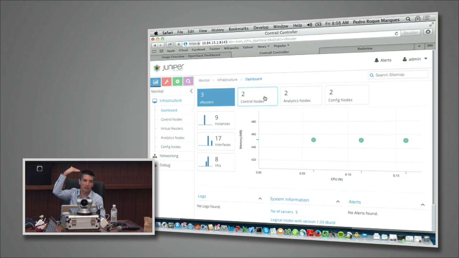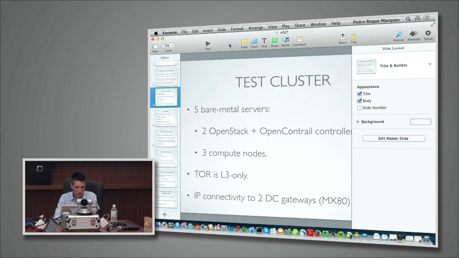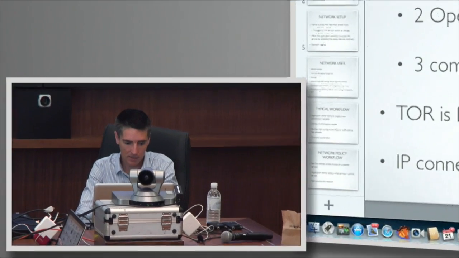Inside Contrail we have 3 tiers, which are configuration, control, and analytics tiers, and all those tiers are horizontally scalable. So they show up as a count of 6, but they are actually living on only 2 physical servers. So if I manage to go back to my slides,